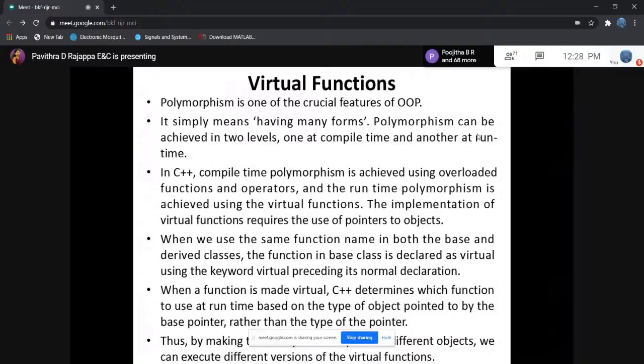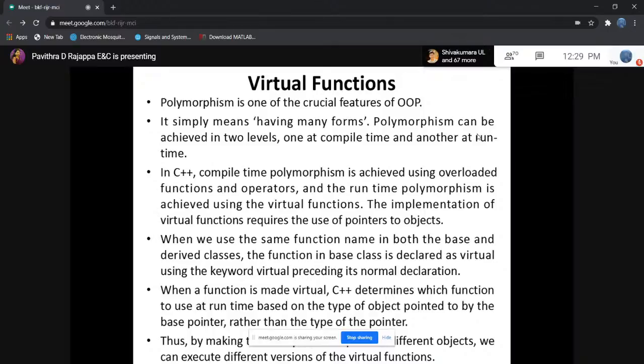Which function to use at runtime depends on the type of the object pointed to by the base pointer, rather than the type of the pointer. So a pointer variable can be used, and that pointer variable is of the base class type, not the derived class.